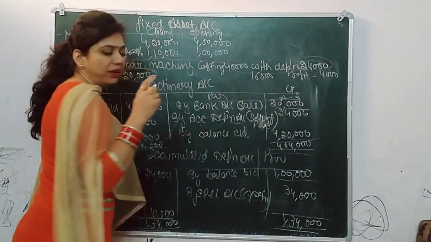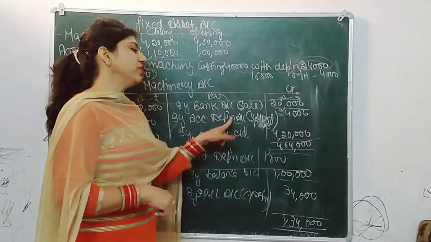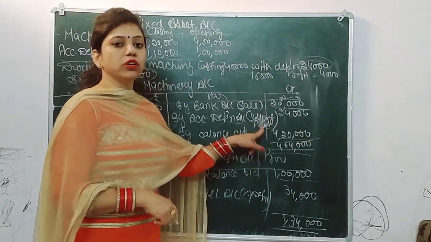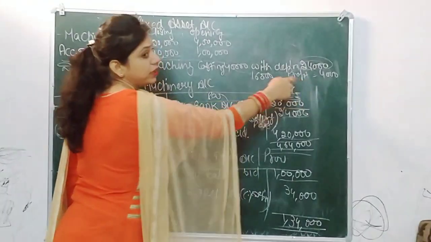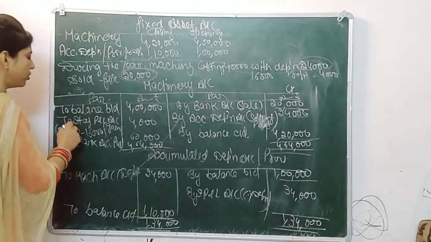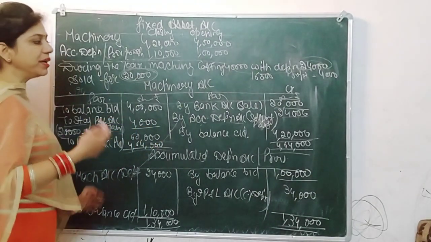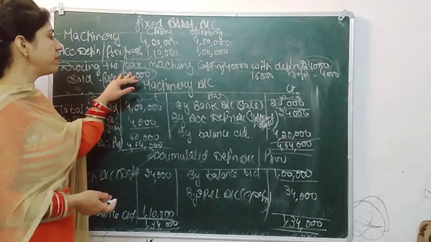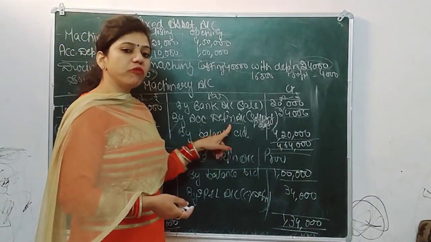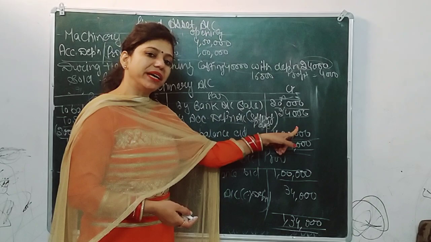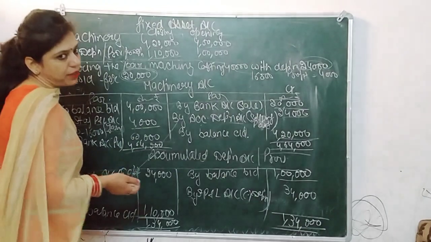Keep it in mind, when balances of depreciation are given in the question, then we write here the depreciation related to the selling part, that is 24,000. And as I told you, there is a profit, so it increased the asset. So it should be on the debit side, statement of profit and loss account, because there is a gain of 4,000. If there is a loss, for example, if it is sold for 15,000, then by statement of profit and loss account, 1,000 will be transferred as loss on the credit side because it decreased the assets.